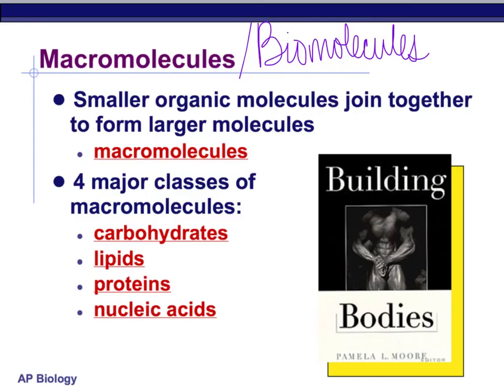And really what they are, they're small organic molecules joined together to form a large molecule. Hence the name macro, because macro means big. So one way to think of them is as big molecules, but another way to think of them is as life molecules, hence the name macromolecules versus biomolecules. Like we mentioned before, there are 4 classes, and they are carbohydrates or carbs, lipids or fats, proteins, and nucleic acids. And together the 4 of these are the building blocks for every living thing.